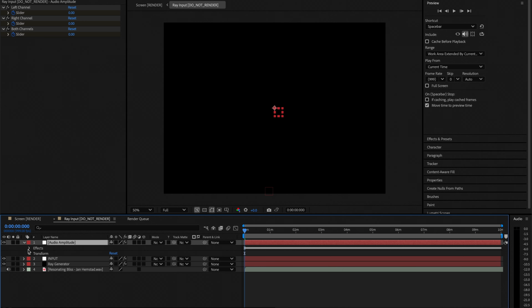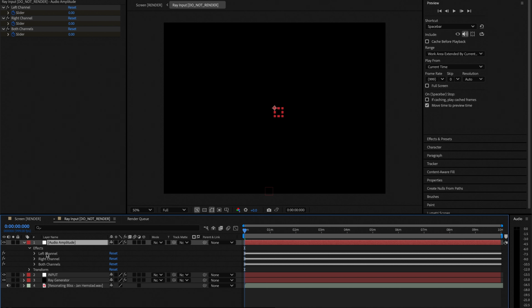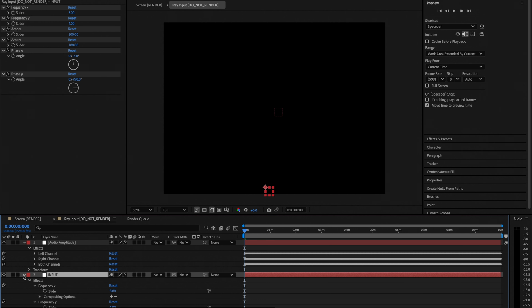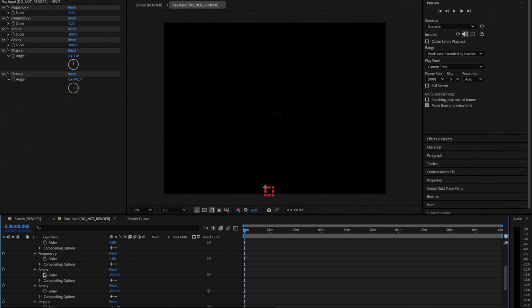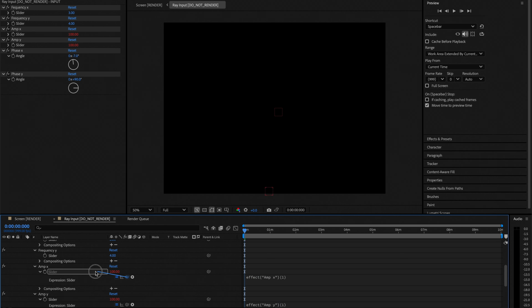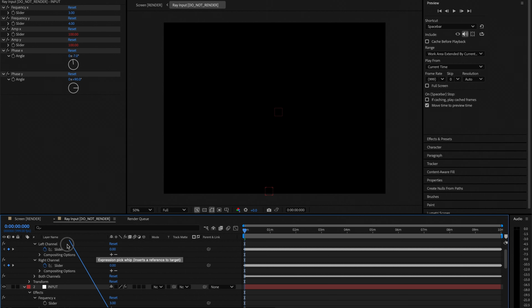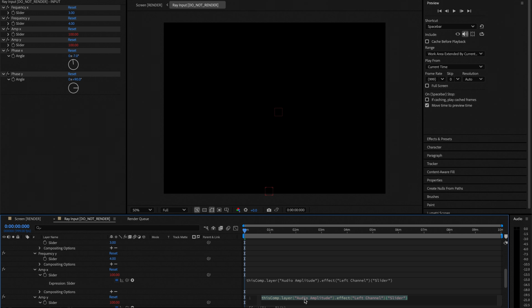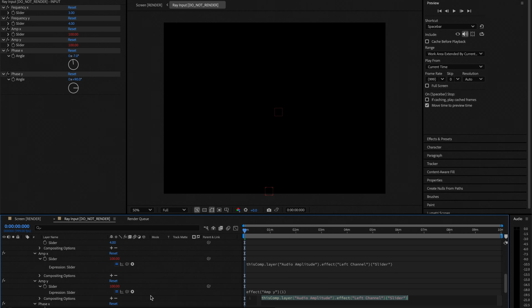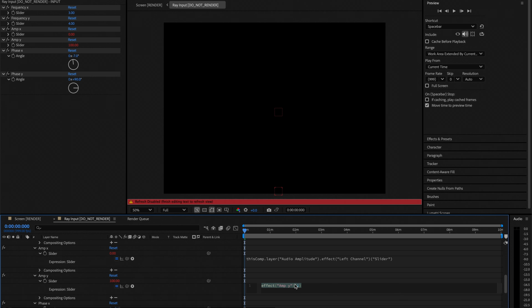If we twirl this down, we have left, right, and both channels. Then go to our input and twirl that down, and we'll do our amplitude sliders here. We're going to alt-click on the stopwatch and then do each channel, one for X. We'll do X for the left channel. Go ahead and just copy this, put it on the other channel, and just change this to